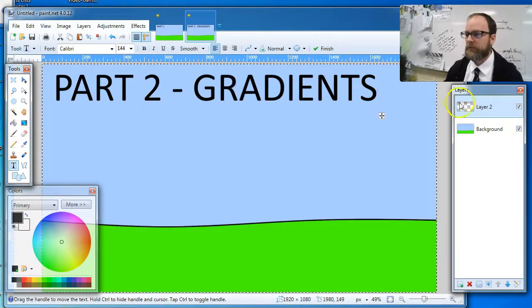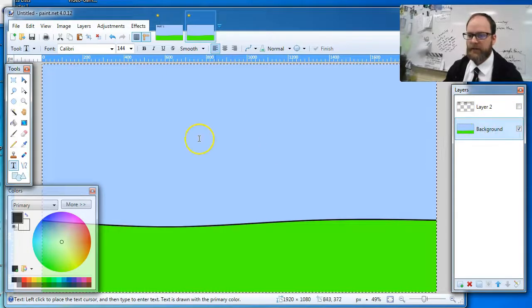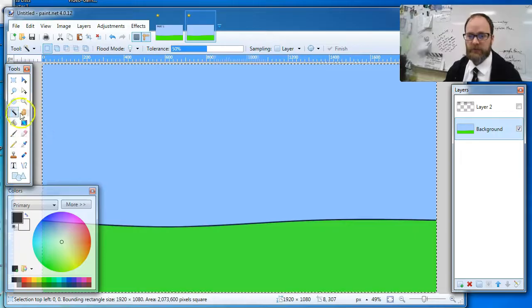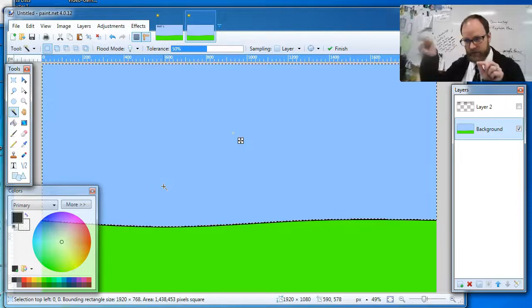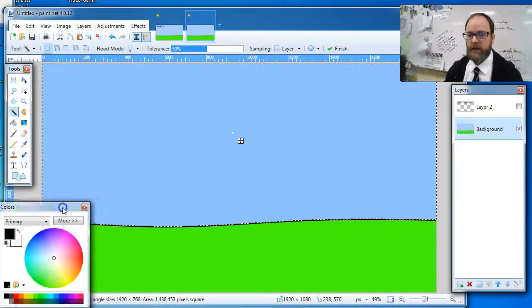So what I'm going to do, I'm going to turn this layer off here. I'm going to make sure I'm on my background layer if I have multiple layers. And I'm going to use the selection tool, or I'm going to use the magic wand, which is one of the selection tools. And these are all selection tools. I'm going to click on the blue. Okay, and you'll see that there's a selection, I call it the marching ants, all the way around the blue